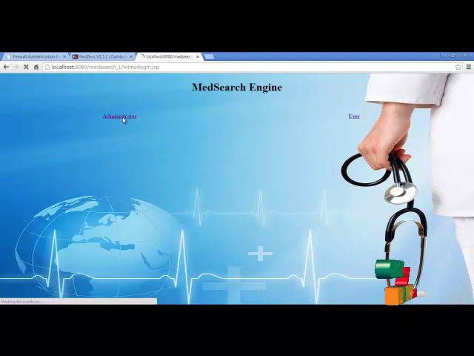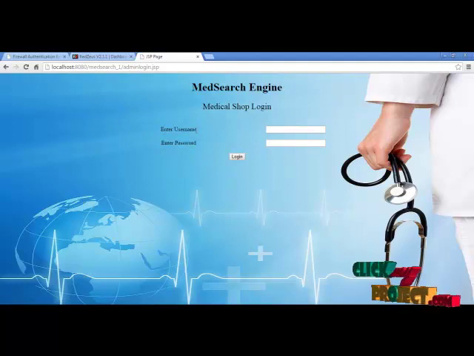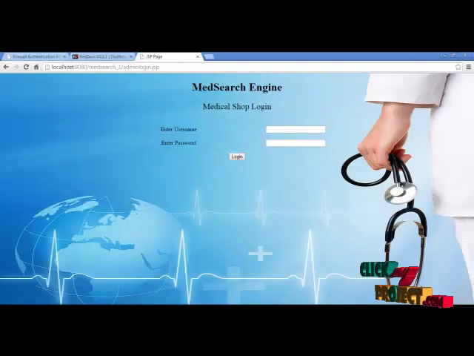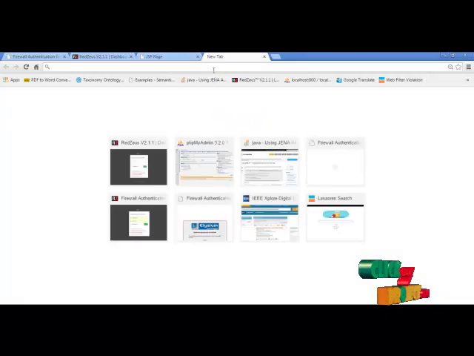First click the administrator. The administrator username and password should be known by the user. If you do not know the administrator username and password, just refer to the database.